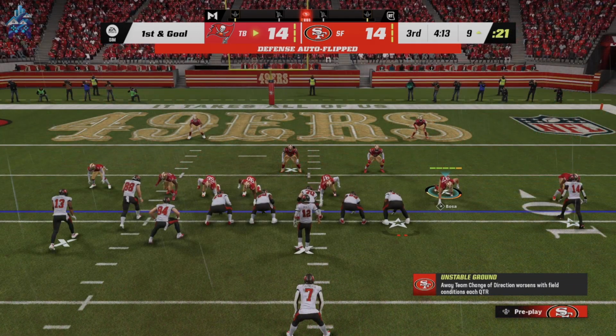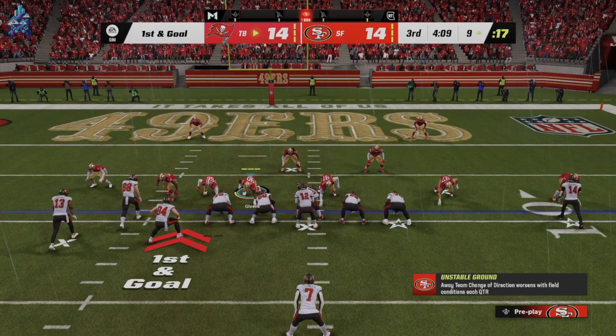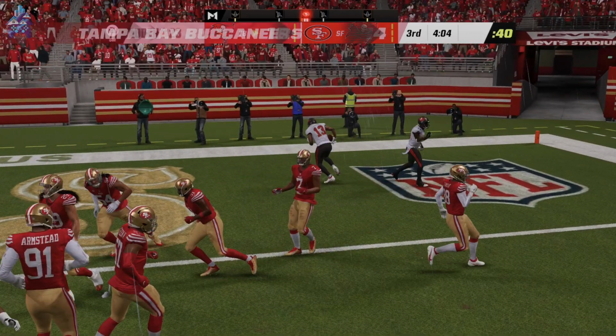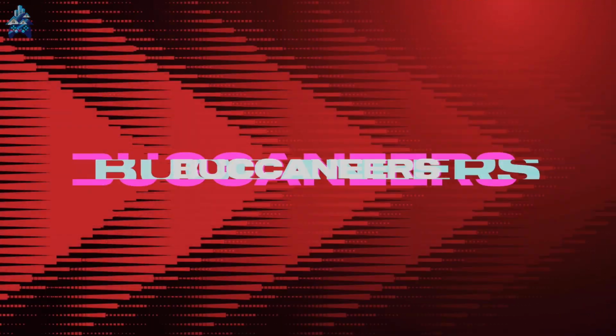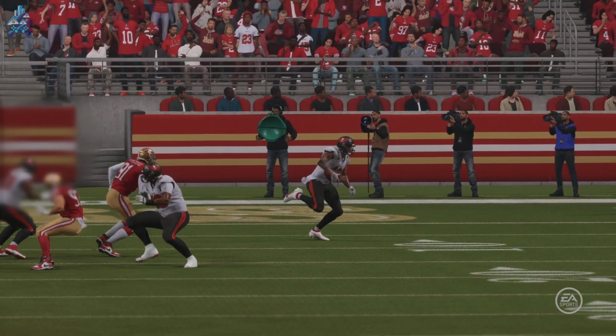This defense backed up now as they're looking at a 1st and goal just inside the 10. Now Brady. And a catch right side by Evans. Touchdown! Tom Brady hooking up with Mike Evans there. And the Bucs have taken the lead as they go right down the field and score on the opening drive